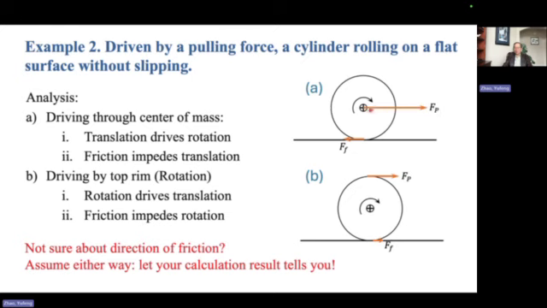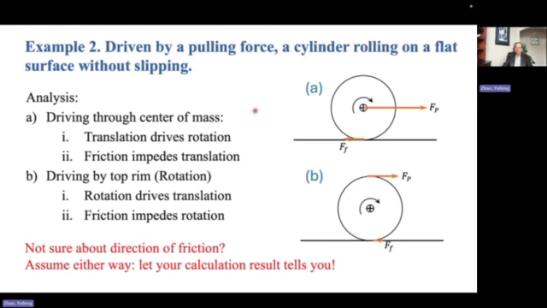Because Fp passes through the rotational axis, which is the center of mass, it does not cause any torque because its lever arm equals 0. So the friction will go backward because it is against the pulling force, and it provides the driving force